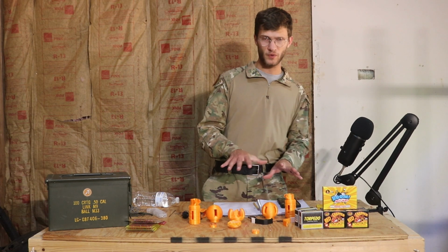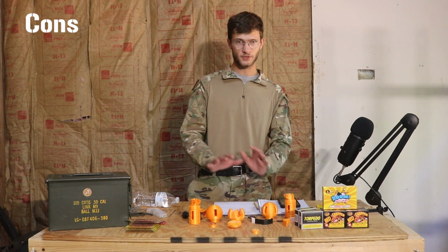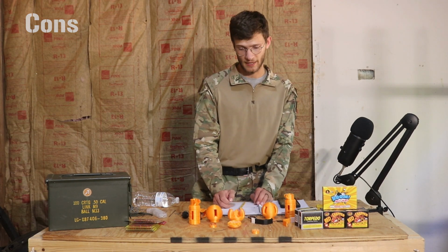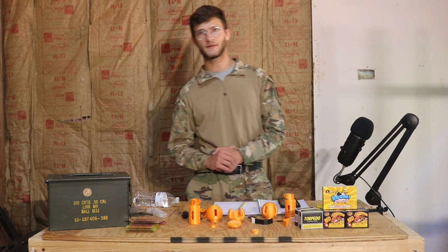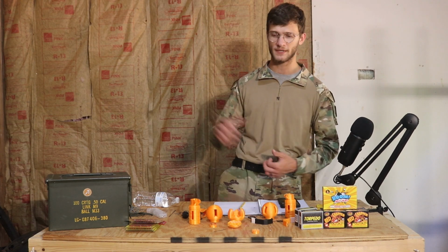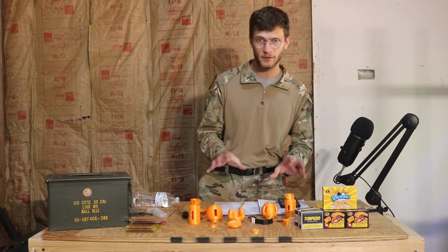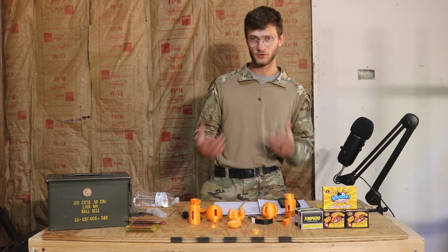And so now that that's out of the way, I've talked about the initial overview. Before I talk about my personal thoughts on the grenade as a whole, let me tell you the cons I have. Like everything, there is going to be a con of some sort. And don't think just because there are cons that you shouldn't get this one at all, and so you're going to go with something else, or whatever the case may be. Everything's going to have a con, and I'm here to talk about it, because like I said, this is an honest review. So my first con, for example, is the pre-made version being the 30 to 40